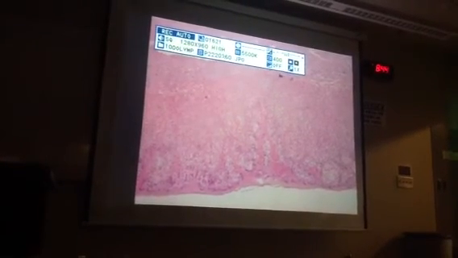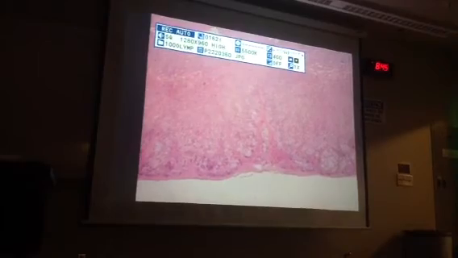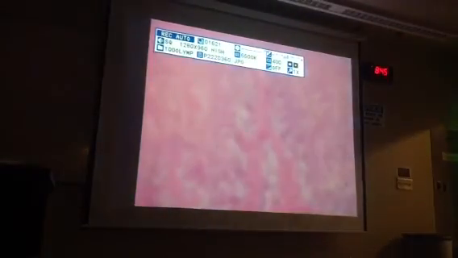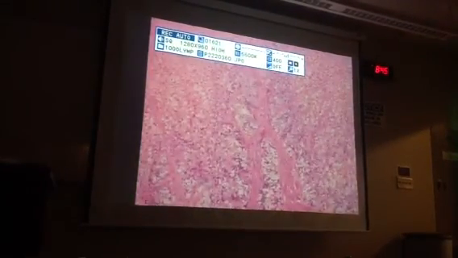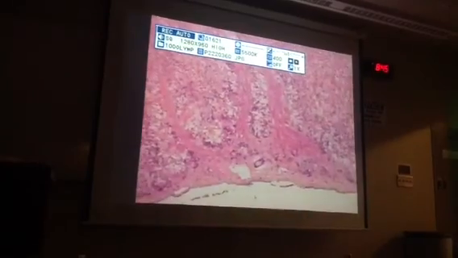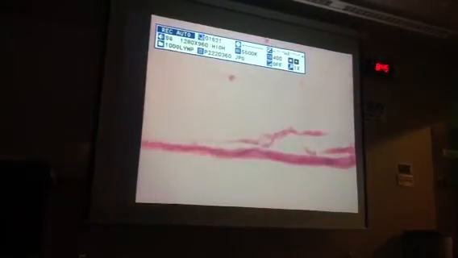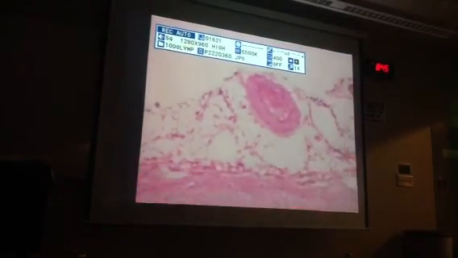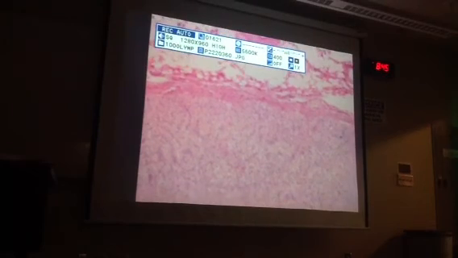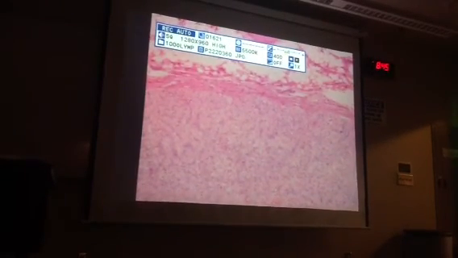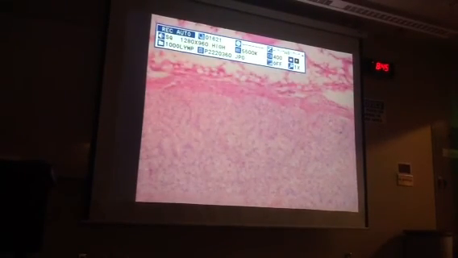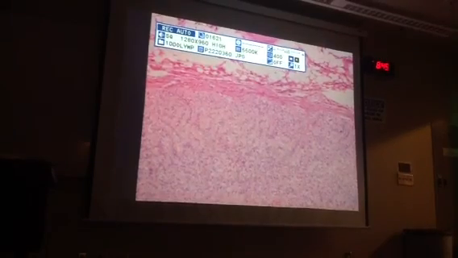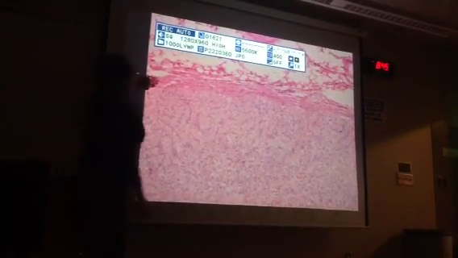Questions on endocrine? Can you go up to 10x on that? Yep. So 10x, let me go to the top here. It seems like it would be harder to see the layers. It's going to be hard projecting it like this. So this is at the top again, so this